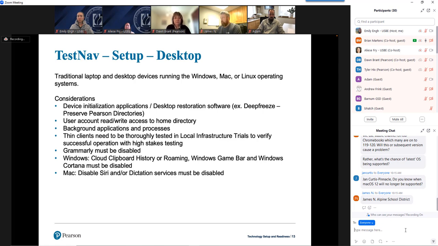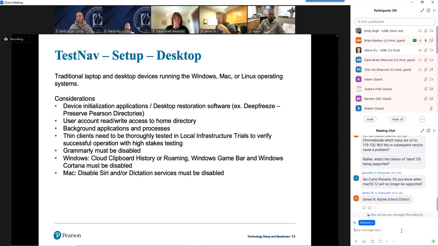Any of those things, if they kick off in the middle of the test, could potentially kick a student out of a test because it could be an attempt to cheat. TestNav's not sure, and to be on the safe side, it's going to kick the student out of the test. They can get back in, but we want to minimize those disruptions if possible. So again, make sure that you've minimized or shut down any background applications or processes when they're testing so that they don't interfere.